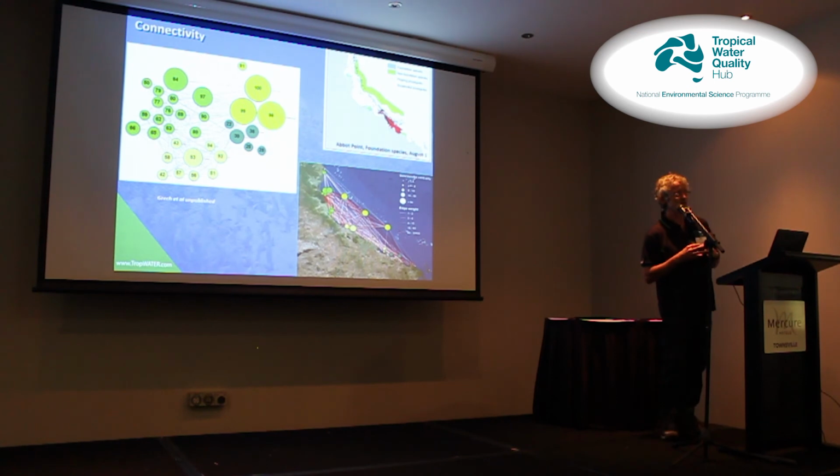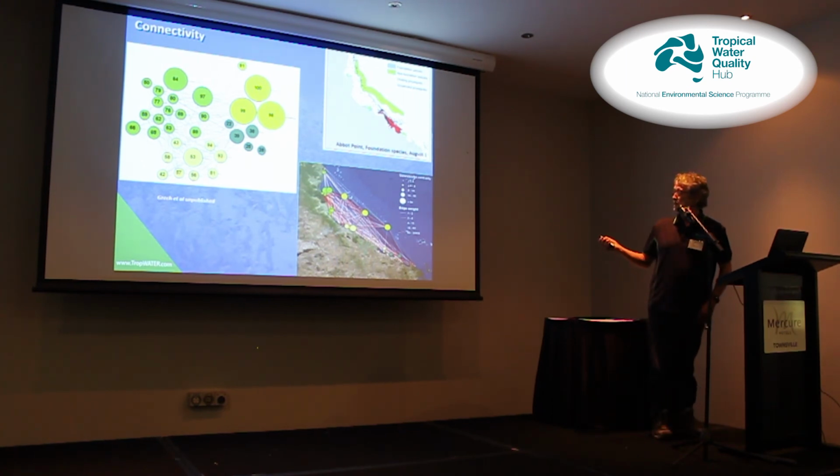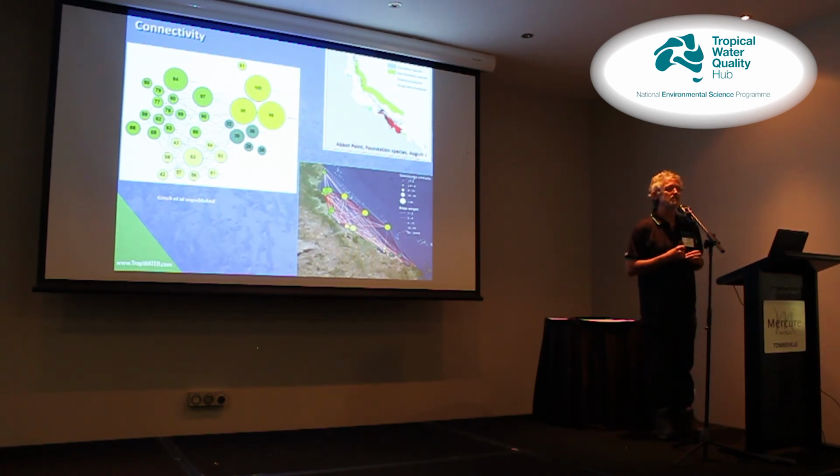So this enabled us to look at each meadow as it was in the network, and whether if you lost it, it would likely come back on its own from natural processes, or would need some help from outside. It also enabled us to more scarily look at meadows like Abbott Point to see how well they're connected in the model, and what would happen if you took a meadow such as Abbott Point out of the model,